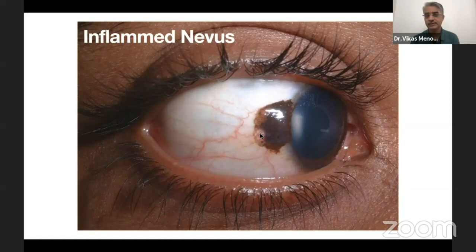And usually, since these lesions are seen in childhood, the parents will come worried that the pigmentation has increased and the redness has increased, and you excise these lesions for the purpose of ruling out an underlying melanoma, and what the pathologist tells you is that it is nothing but some inflammation added to the nevus. Now, this can be associated with papillae formation on the upper tarsal conjunctiva as well in such situations where there is inflammation. And if you give a course of topical steroids, sometimes the inflammation goes down also.